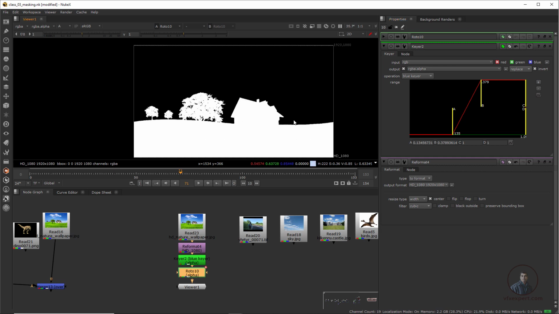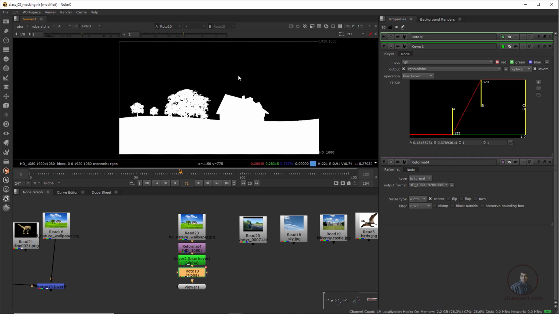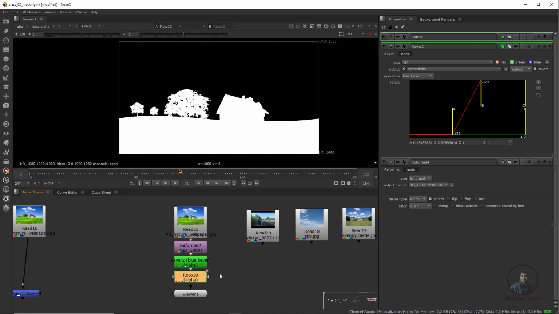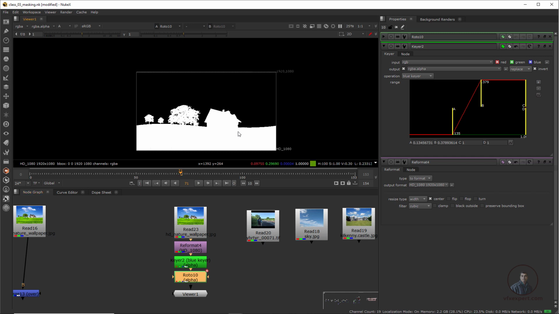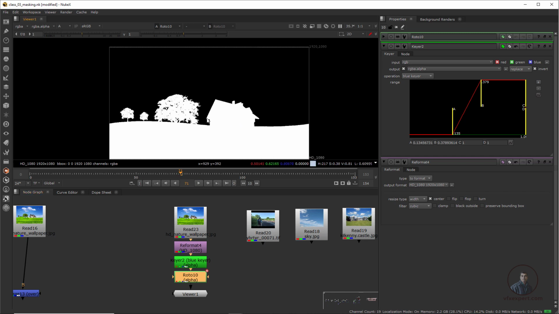Now if you look here, I have created a perfect matte, which is black and white. White means this will be opaque and black means this will be transparent. I created this matte with the help of this keyer and roto. Sometimes we can easily create a matte with the keyer only. It totally depends on your footage or image. Now after this, in our RGB mode, press A again. So I have created only this matte.